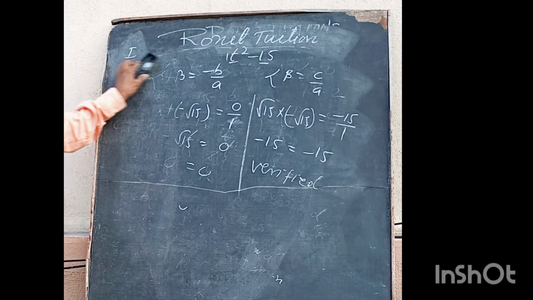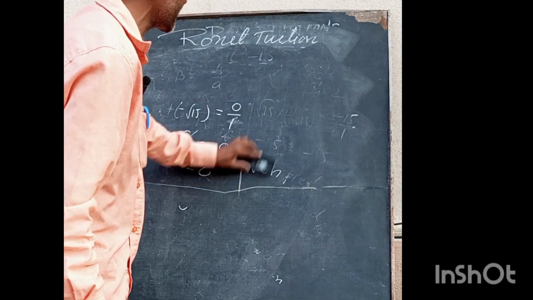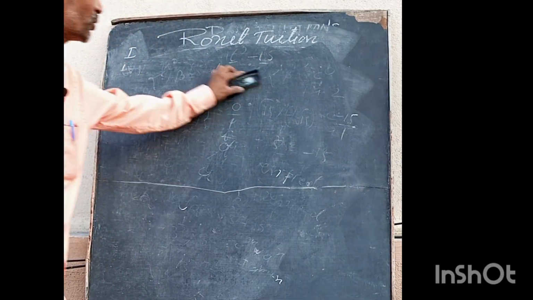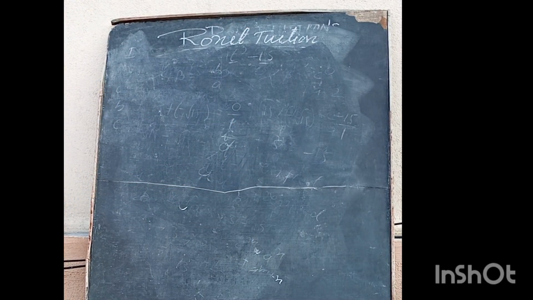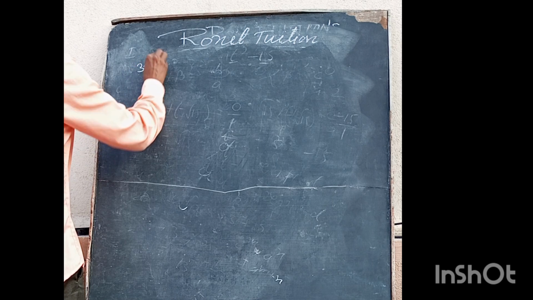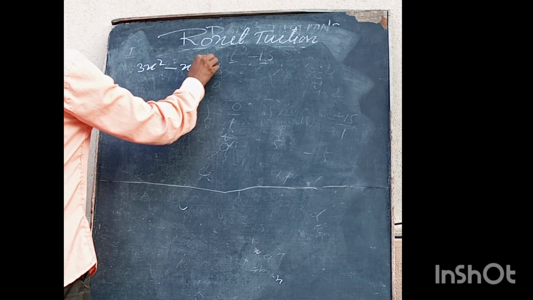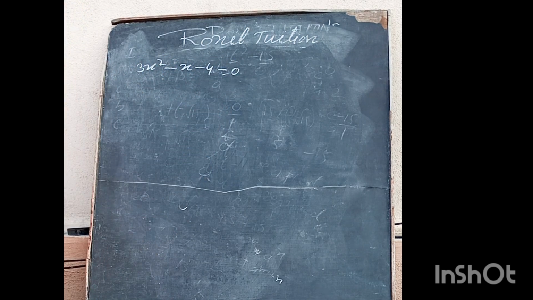Next we are going to question number 6 in the first main only. Question number 6, that is the last given. After that, if alpha and beta are given, we have to find the quadratic form, the quadratic equation. So in that, the last given is 3x square minus x minus 4, and suppose that is written equal to 0, then it becomes the quadratic equation. First main, 6th question it is.